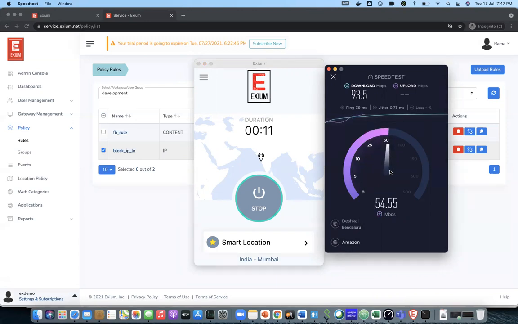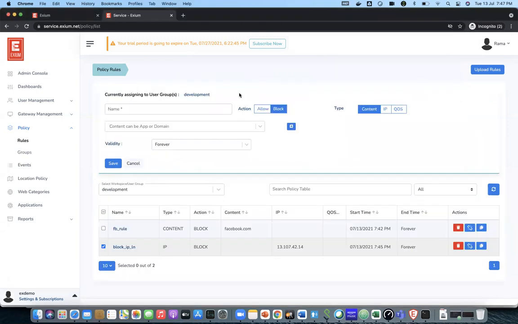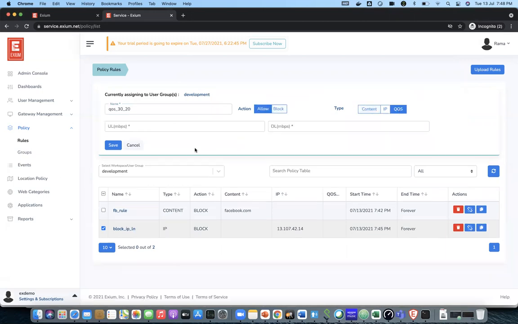When I am on Axiom, I am able to reach up to 93.5 Mbps download. Now I will add a quality of service policy which will limit to 30 Mbps and 20 Mbps.